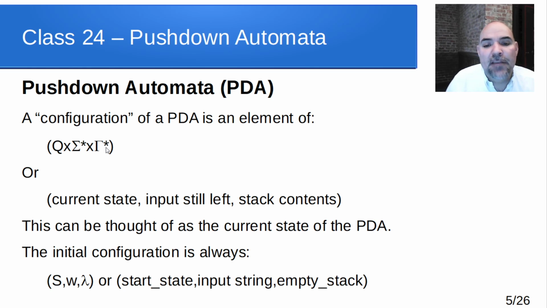So that can be thought of as the current state of the PDA, but we're going to use the word configuration instead of state because state implies one of the elements of Q, our set of states, where really we're talking about the configuration of how the machine is right now. What input is still left? What's the stack look like? What state of the machine are we actually in? And when we start the machine up, the initial configuration, or the starting configuration, always looks like this: the start state, some string of input W, and nothing on the stack, or the empty stack.